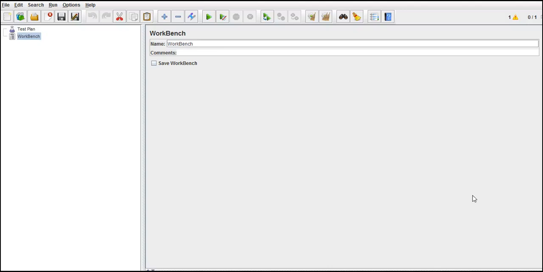Basically you need to have some checkpoints, so that if these checkpoints are satisfied, that means my script has passed. Some checks you need to do on your response, and you need to validate it to make sure the script is running as per expected.